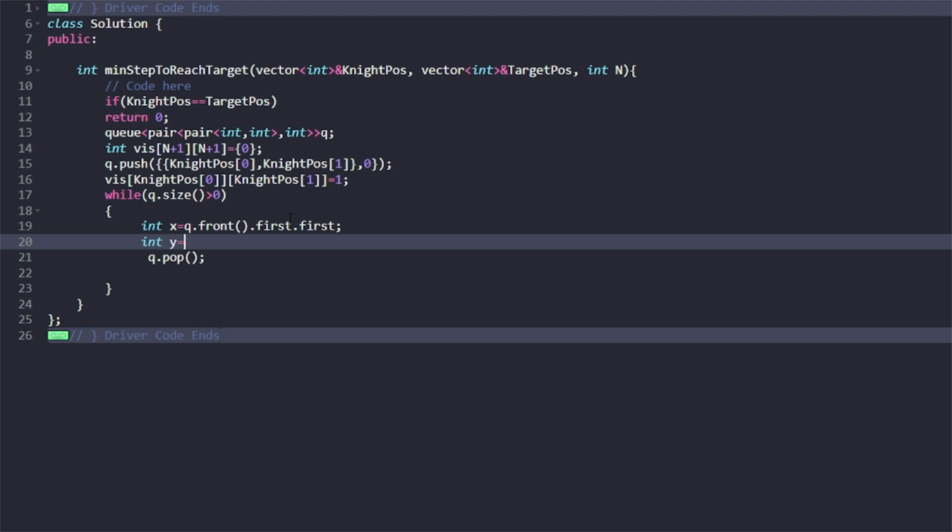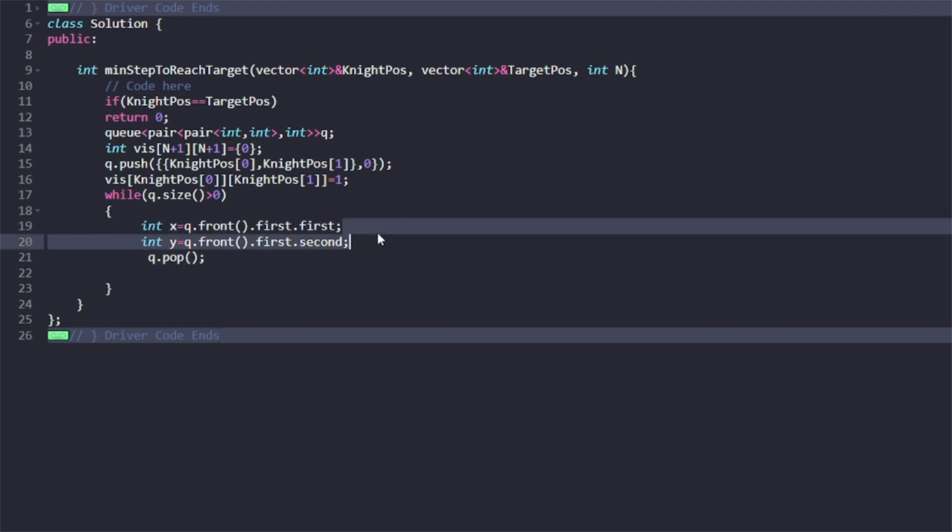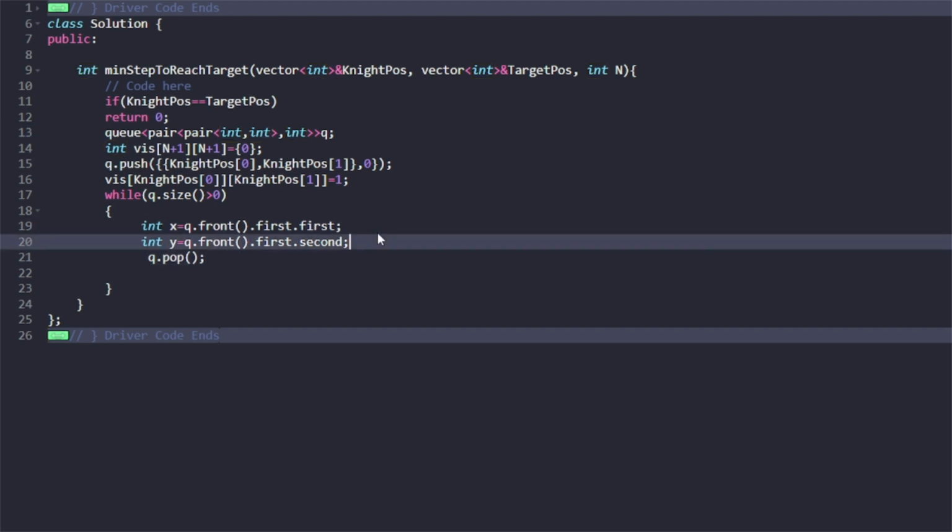The y coordinate will be nothing but q.front, from the front of the queue, the first part of the pair, and the second, right, from the first part and the second, because you can see that this part represents the first part of the pair, and this represents the second. So second represents directly the moves, and first of first represents the x coordinate, and first of second represents the y coordinate. Okay, so after I have got the x and the y coordinate,